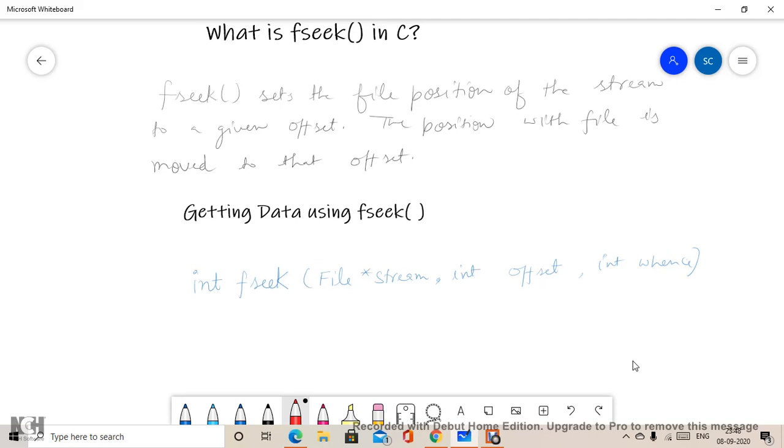This is the syntax of writing the fseek function, in which int fseek is the function name, and the first argument is the pointer to a file object.